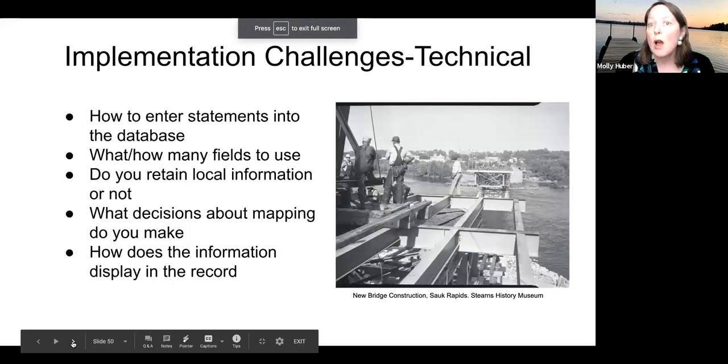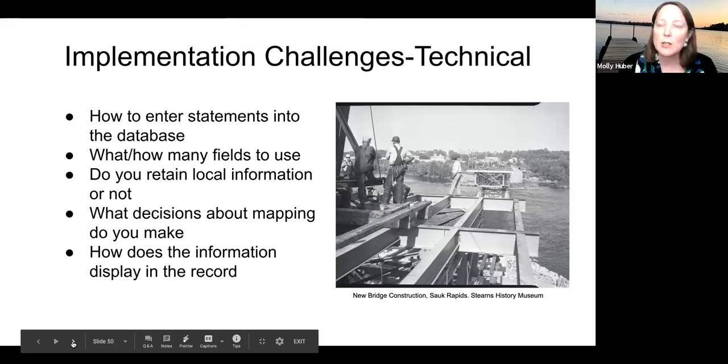So finally, there are also lots of technical challenges with rights statements implementation. Most of us, unless we're creating new digital collections now and can put the rights statements in right at the beginning, are going back and working over things that we've already done, and that our contributing organizations and partners have already done. So we're all working with existing databases. Questions as basic as, how do you get the statements in there? Is it a small group? Can you do it manually? Do you have to use a tool? For example, at Minnesota Digital Library, we work with CONTENTdm, so we're using a tool called Catcher to actually get the statements in there for us.